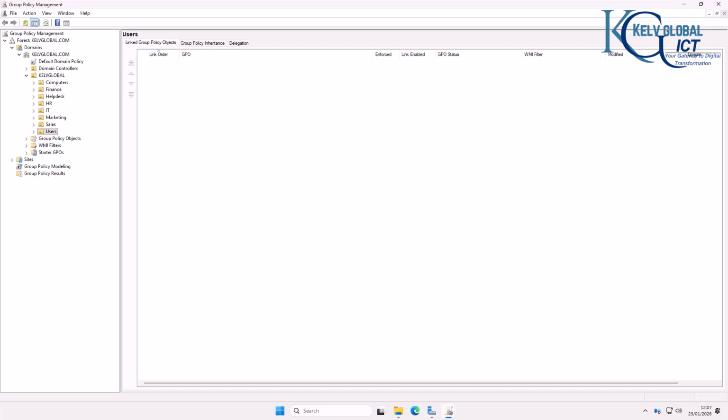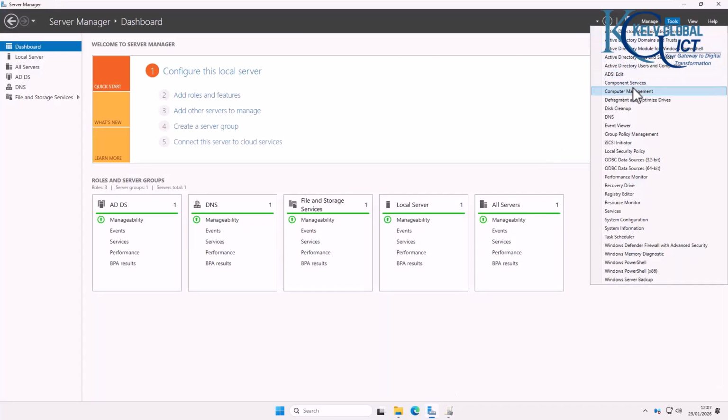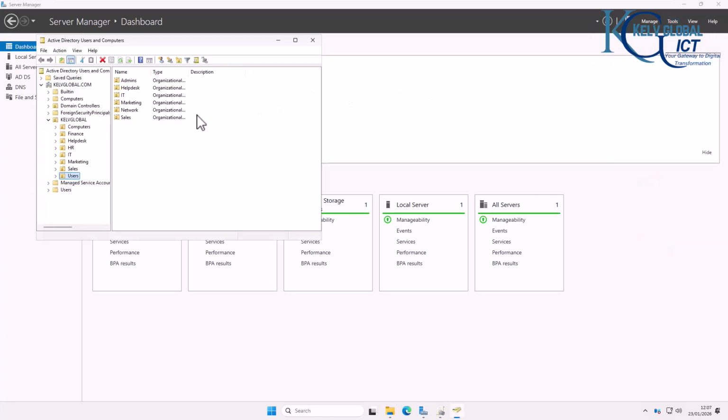So right now, let's say we want to create a policy that prevents users from logging off their device. What we need to do is the following. We need to go to our group policy management. Here you can see we have different organizational units. And these organizational units actually sync with, if I go to Active Directory Users and Computers, here you can see we have our organizational units,